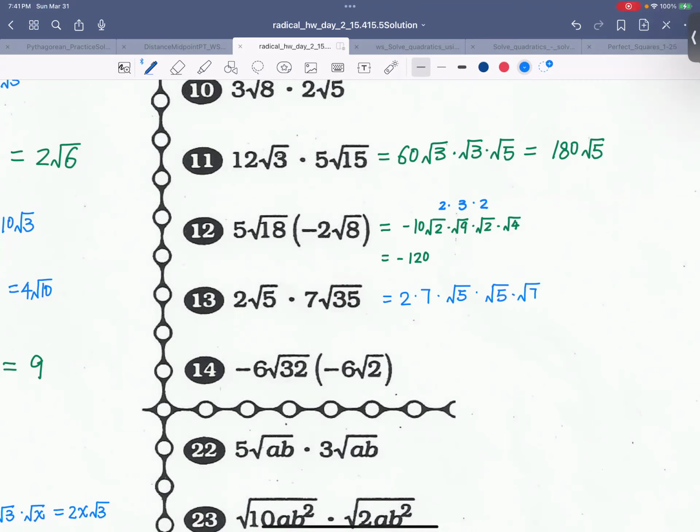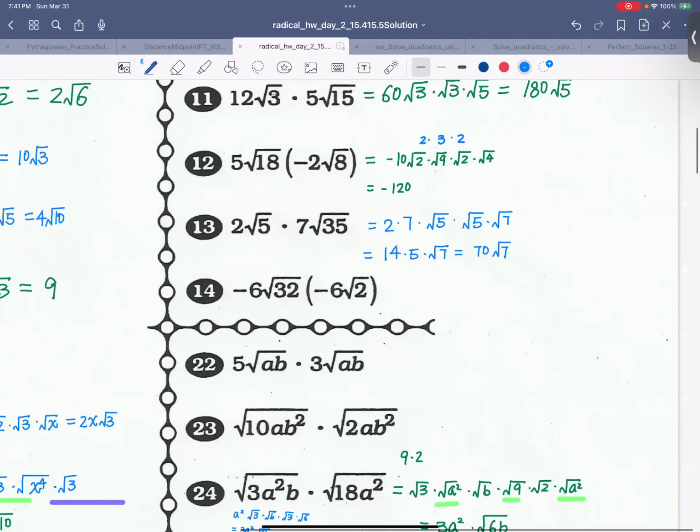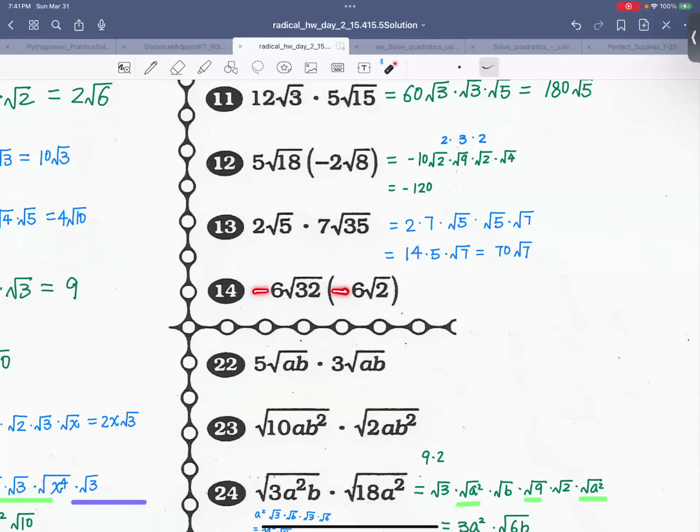Okay. Then it'd be 14 times 5, which is 70, times square root 7 times square root 7. Go. Negative is positive. So you have positive, and you have 6 and 6 outside. So 36 on the outside. And then